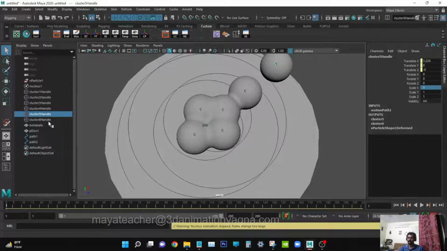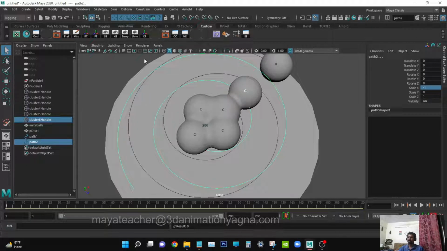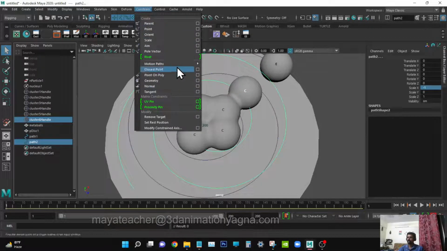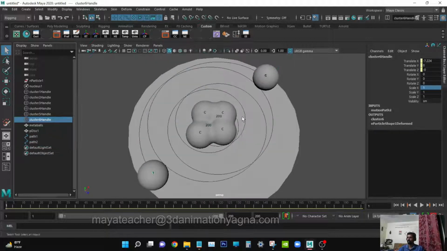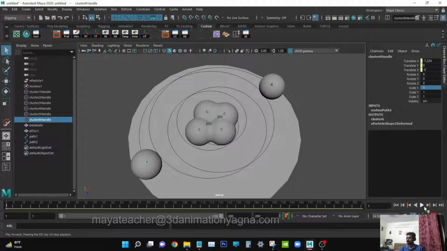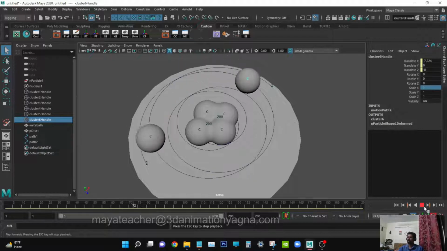Okay. So let's animate cluster 6. For that, select cluster 6, select the path 2, go to Constraint, Motion Paths, assign the path. Yes. So like this we want, and we don't want this much distance to be covered by